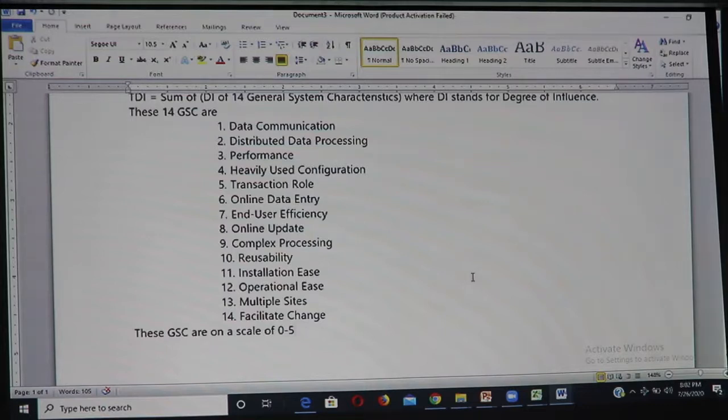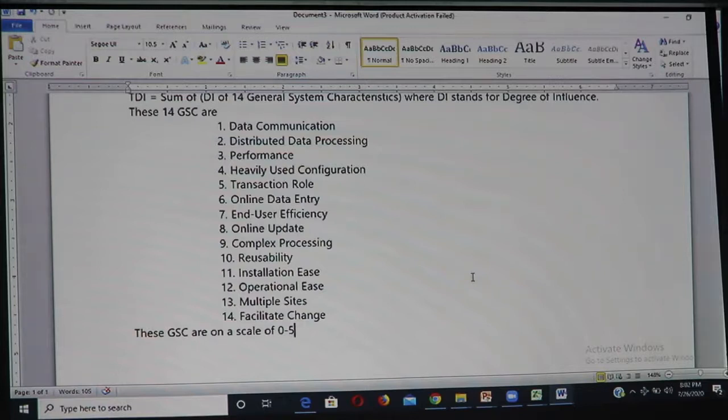What you need to do is see how these general system characteristics are going to influence your application, your software, and based on that you scale them on the scale of 0 to 5.